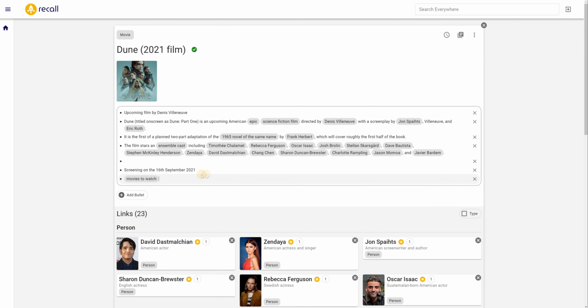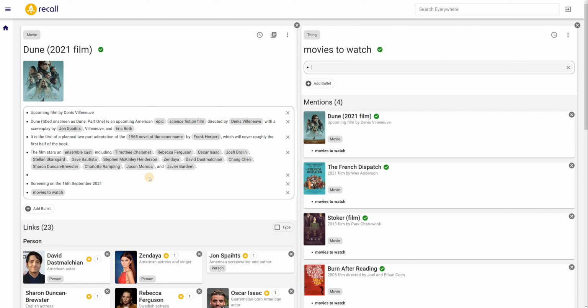Clicking on the new link will open the note on the right, and under the Mentions section, you will see all the notes that link to movies to watch. Being able to see both the incoming and outgoing links for your note turns your knowledge base into a series of information connections, allowing you to always find related notes and helping you discover relationships that you may not have discovered on your own. Returning to the home page,